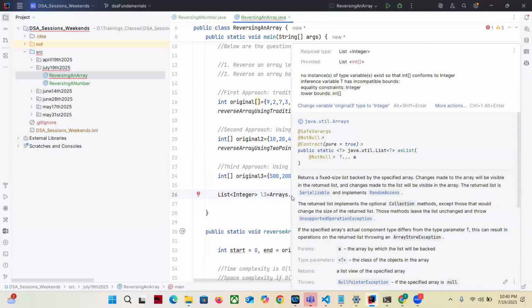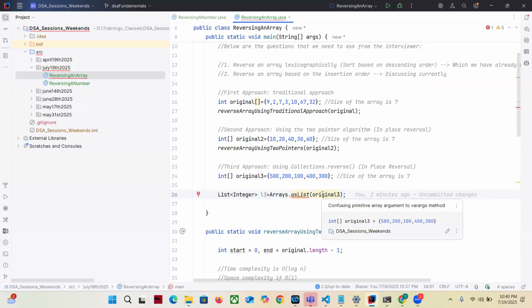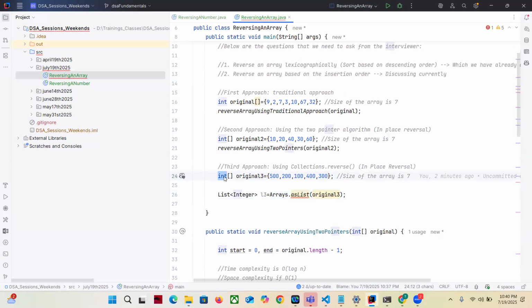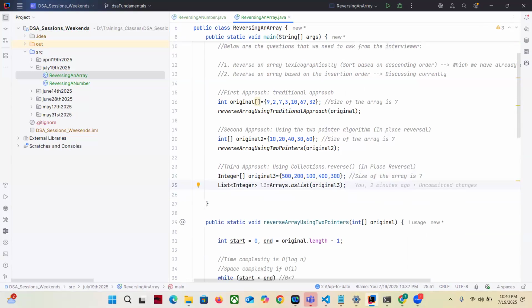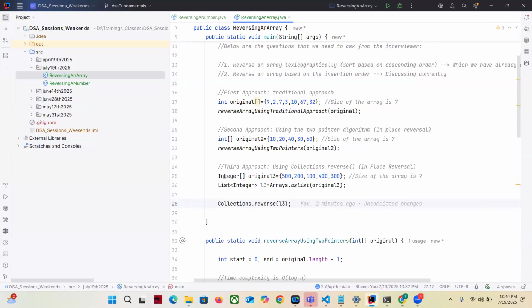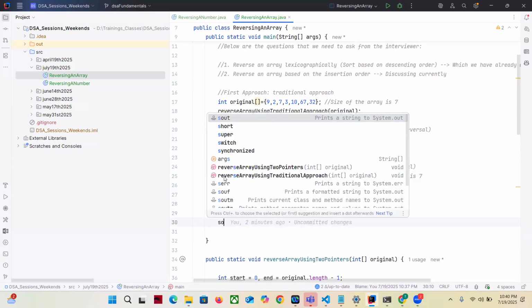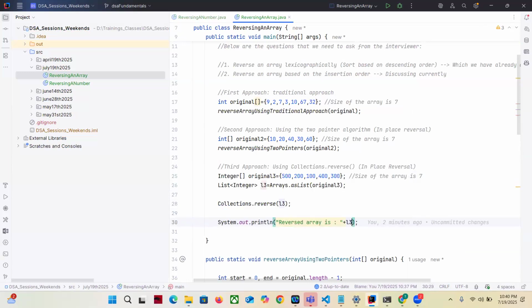Now what is happening here? When I say Arrays.asList, it will not accept an int, because primitive data types are not allowed as part of the collections. So for now, I will use the Integer array, the wrapper class. Clear? I will say Collections.reverse of L3. Then the reversed array is